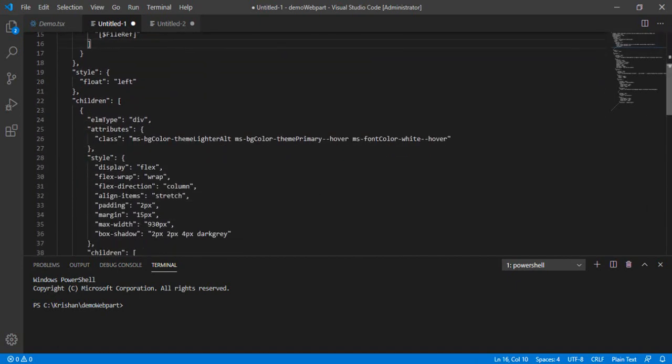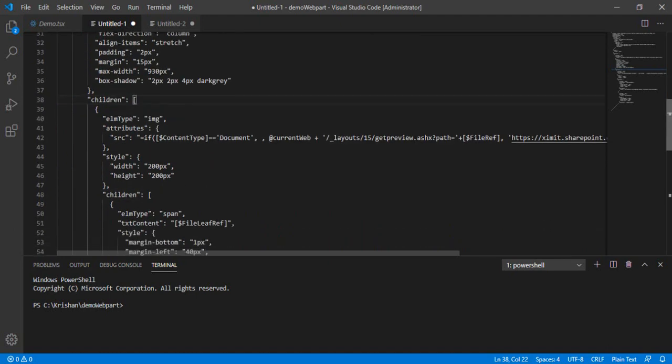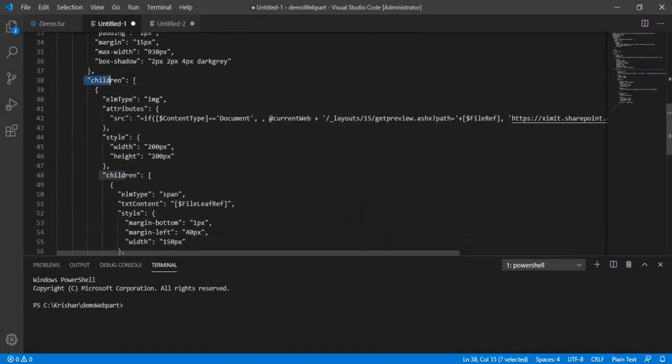I'm scrolling down, and with the default div, that means where the tiles should be shown and how they should look. You can specify your custom styling with a styling JSON. You can also see in the children that the element type is image, and that image should show a preview of your file.